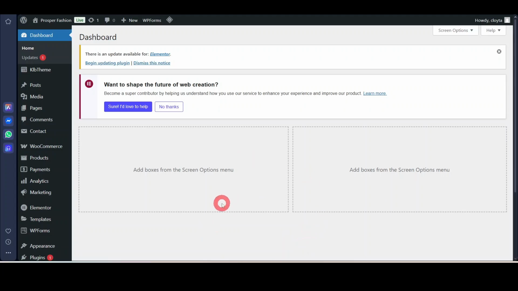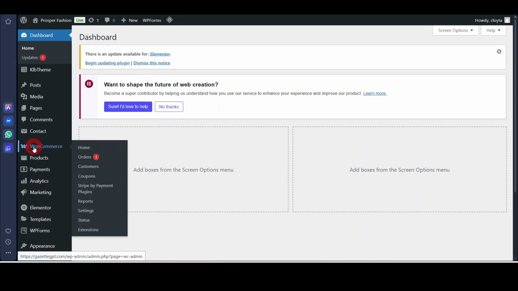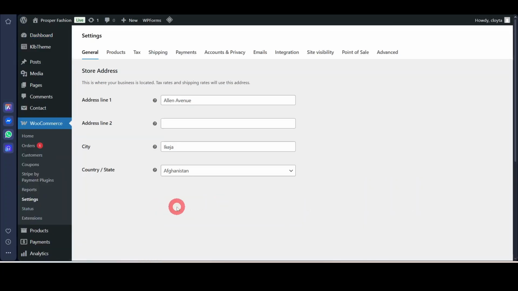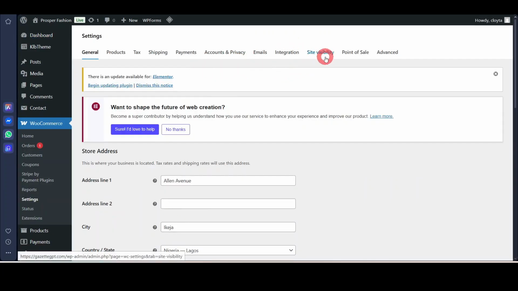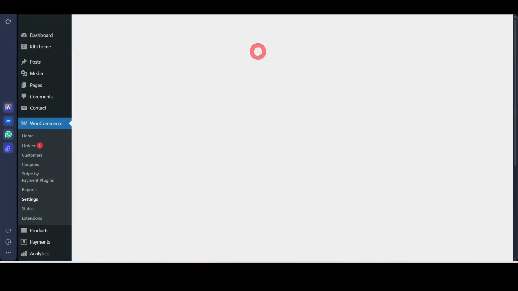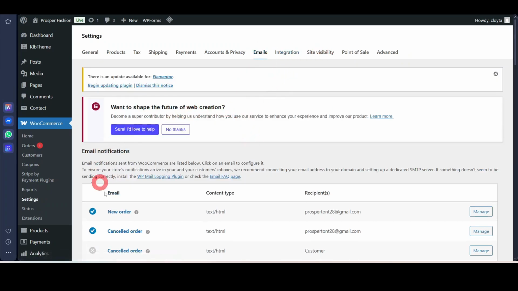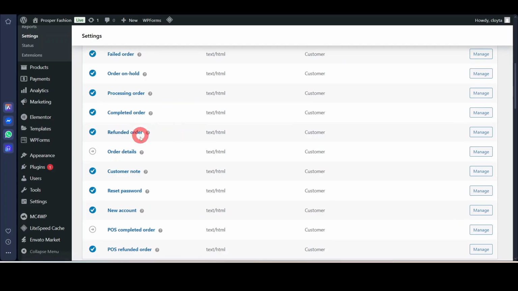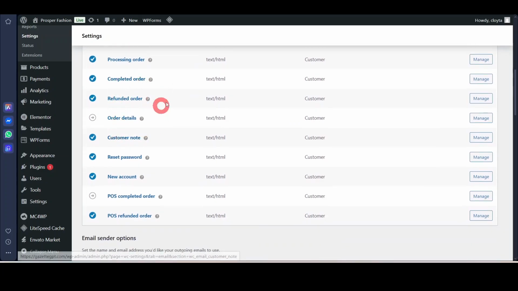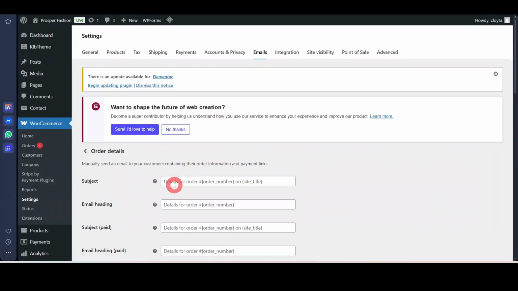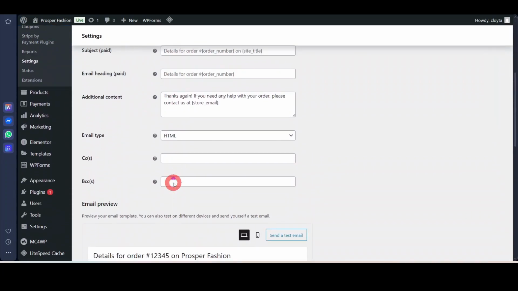So now to fix that, what you do is first come over to WooCommerce, go to settings. Under settings, just come over to emails. Once you're on emails, you're going to see a screen that looks like this, and you're going to see all of the email types and then the different recipients. So you can see new order, cancelled order. Once there's a refund, there's an email and who it goes to. So just go through each of them, click on manage, and ensure that the option to send emails is being